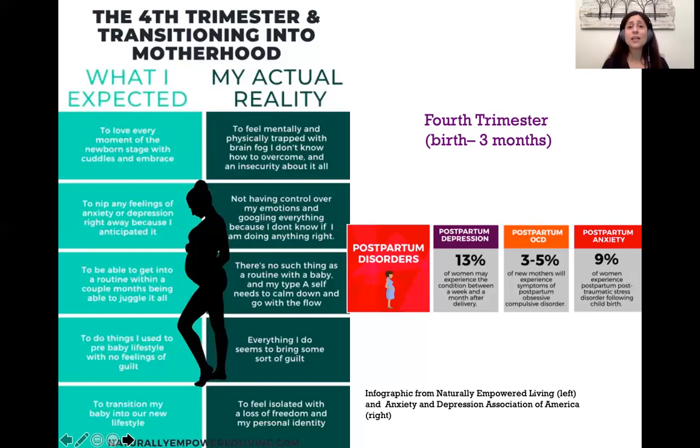First off, it's really important that we screen for postpartum mental health issues like postpartum depression, OCD, or anxiety. And you can see some prevalences of those in the infographic on the right. We can also be proactive in helping mothers and families to mobilize their supports in advance through things like organizing a food train or setting up help with household chores or having someone come in and help care for the other children. And these supports, if in place before pregnancy, should continue, hopefully, after baby is born so that mom, dad, whomever is taking care of the baby has the support that they need in order to be successful.